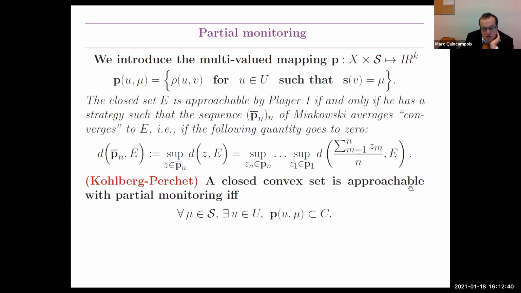And there is a result I recall: a closed convex set is approachable with partial monitoring if and only if, for the map that I have defined, for every signal mu there exists an action mu so that this map is included in C, the closed set C. So this generalizes the Blackwell result for full approachability. I think in Kohlberg it was